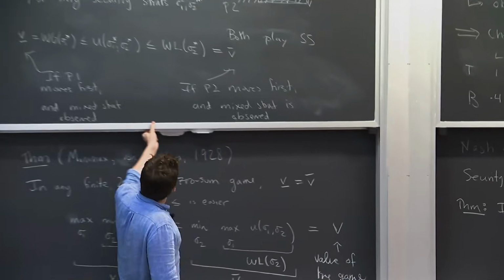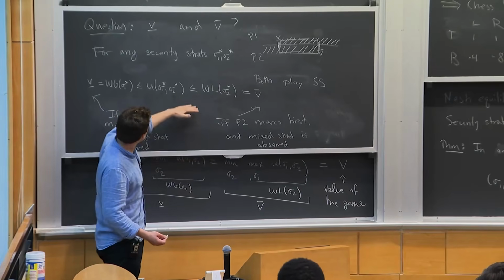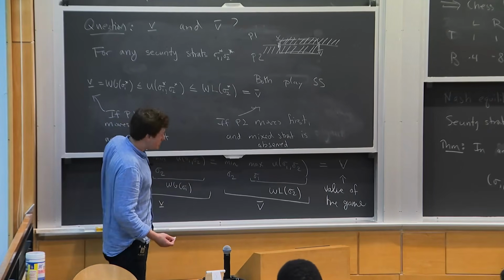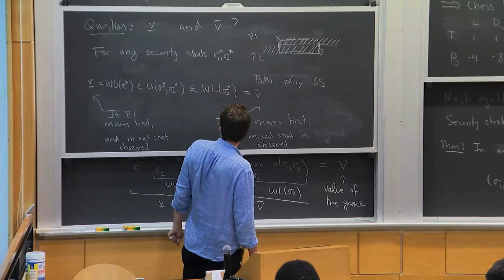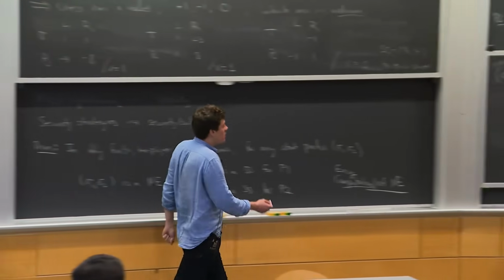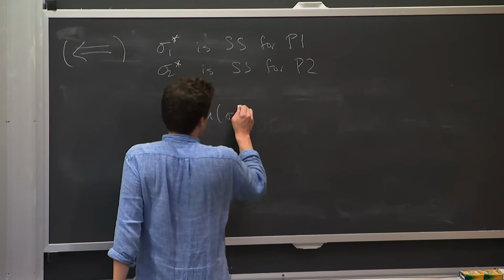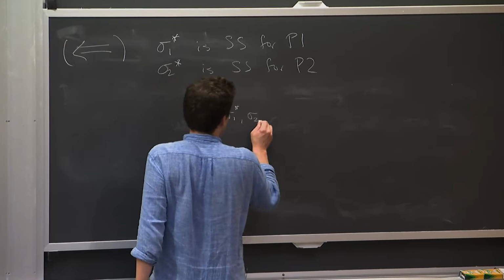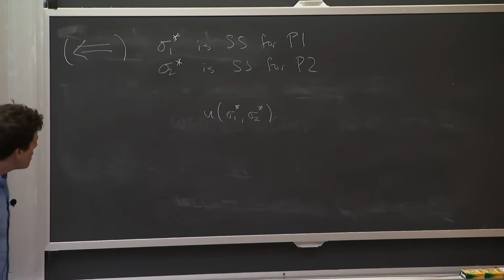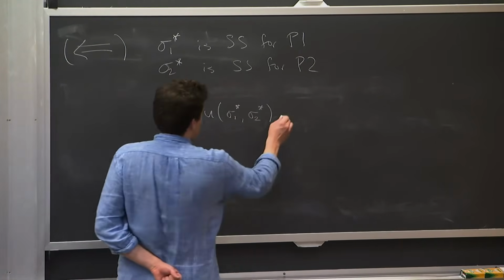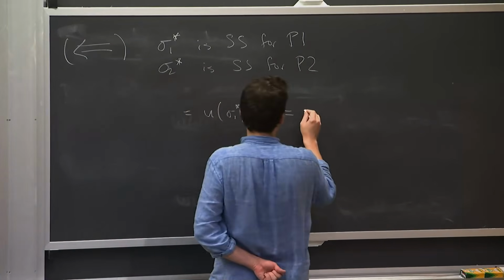And really, I just have to remember my formula over here. So let me look at my formula from over there. I want to look at U of sigma 1 star, sigma 2 star. And I immediately know that this is